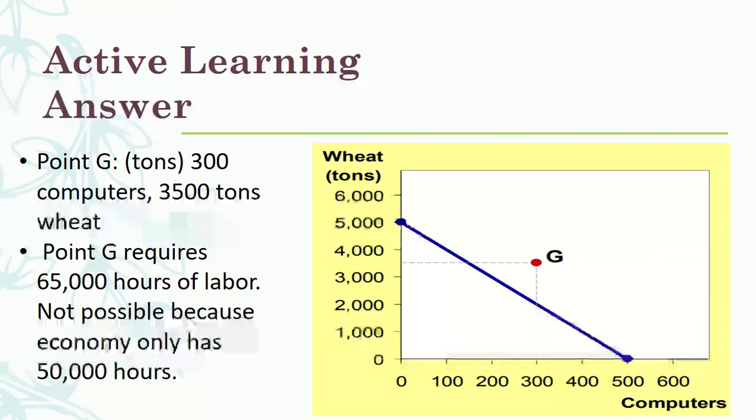Saying that let's produce 300 computers and 3,500 tons of wheat. Well, that's beyond your production possibility frontier, beyond what you can do. Point G would require 65,000 hours of labor, and that's not possible because the economy only has 50,000 hours of labor. So if you get back to the previous graph, this one,